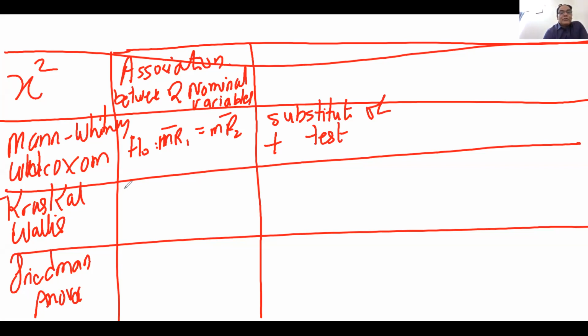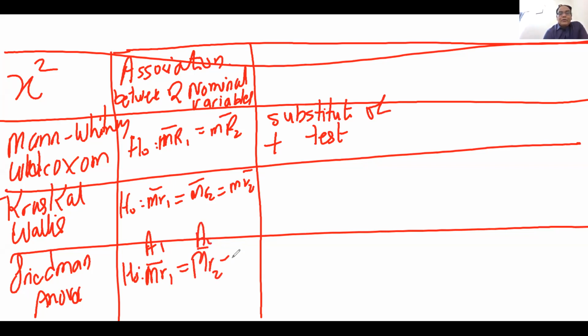Then we have the Kruskal-Wallis test. It means mean rank of group number 1, mean rank of group number 2, mean rank of group number 3. The same null hypothesis we have in the Friedman ANOVA, but here we are testing the mean rank of attribute 1 equal to mean rank of attribute 2 equal to mean rank of attribute 3. So here we are testing for the groups, and here we are testing for the attributes. So this is the difference, and this is the substitute of ANOVA test